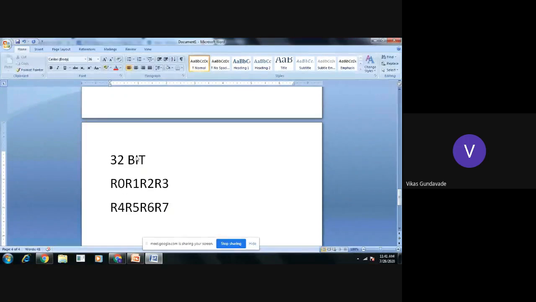Here we can use two processes: either store the result of this operation into a memory location, or store the contents into 4 registers from another bank. Okay, because we have 4 banks, and in each bank we have 8 registers, so for each register here we can store the result.